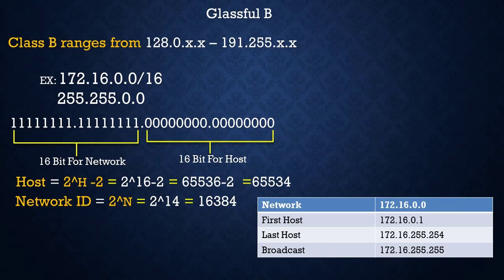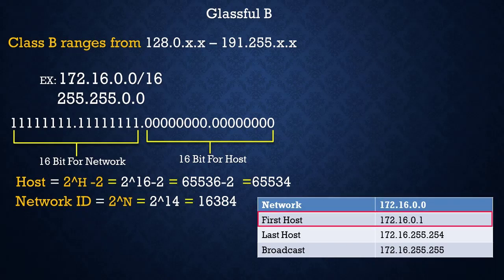The remaining 14 bits are used to determine the network ID. The 16 bits of host ID are used to determine the host in any network. The default subnet mask for Class B is 255.255.0.0. Class B has a total of network address equals 2 to the power of 14 equals 16,384, and host address equals 2 to the power of 16 minus 2 equals 65,534. For example, network